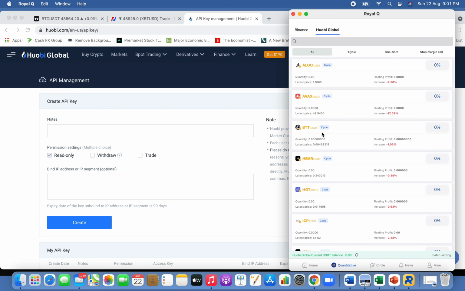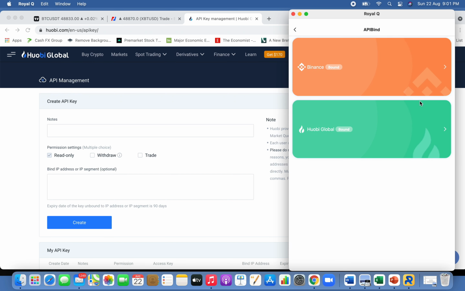Please understand that. If you look at Binance, it will show the same. Can you see that? There will be the amount of USDT there. So it is the same concept also for the Huobi Global. You will be able to see the USDT there. So that simply means you have successfully bound your Huobi Global and the Royal Quantitative Bot. This is just to show you a quick process of how to bind your Huobi Global account with your Royal Quantitative account.